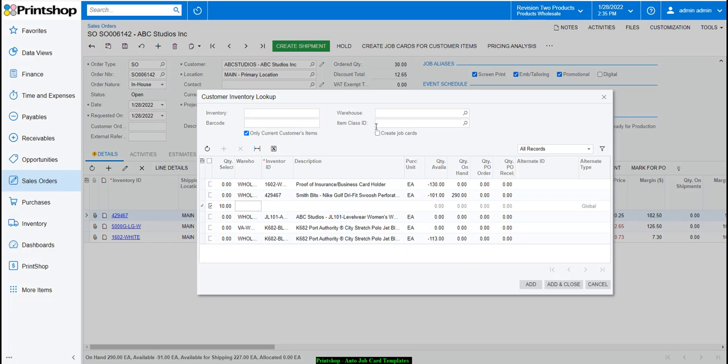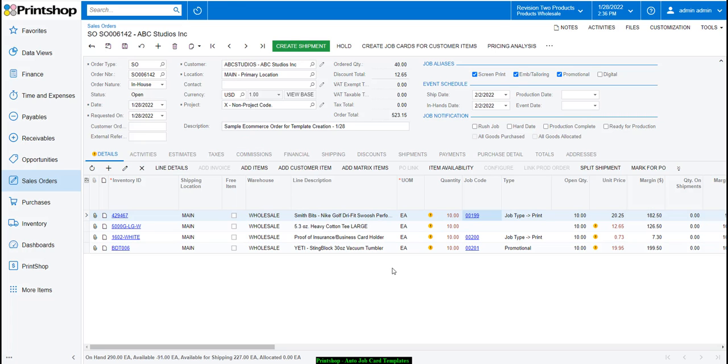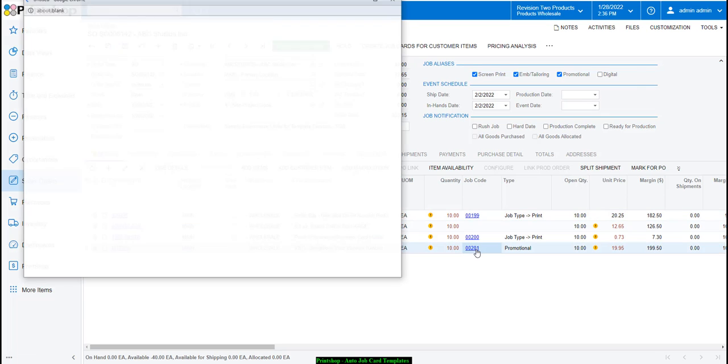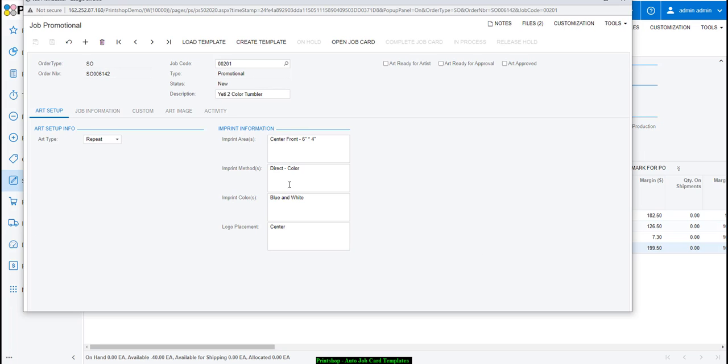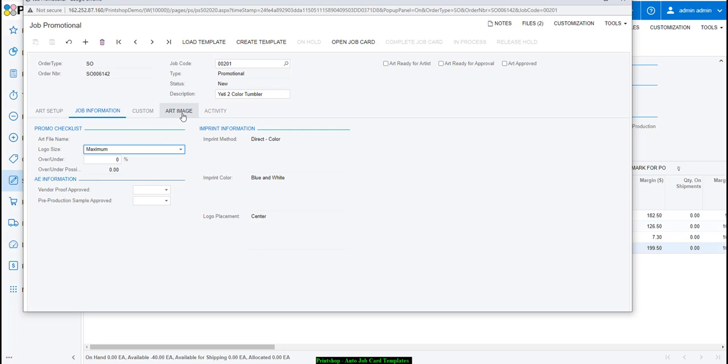And notice we also have the ability to create job cards. So check this box. It will create the job card for this item provided you have already selected promotional as the job type as well. By doing this at the click of a button, it will add this line item to the sales order details tab and automatically create the job card for you. Clicking on the job card, you can preview the job information, the art image,